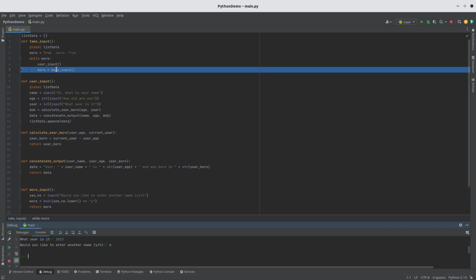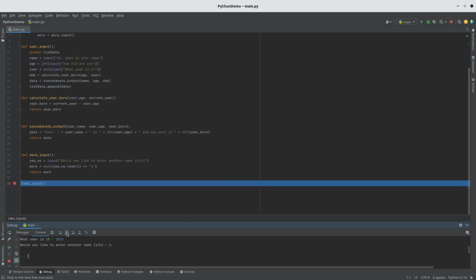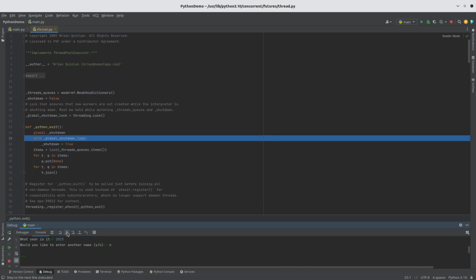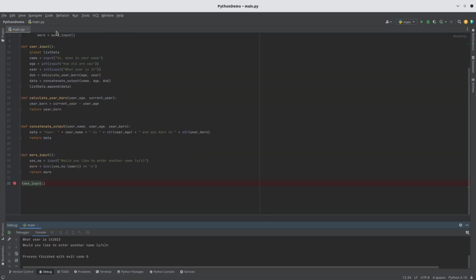So when I assign the return value of here to more in the next click, more is now false. Because this more is now false, it will drop out of the subroutine. It returns back to where it was originally called, and then the program finishes. Okay,